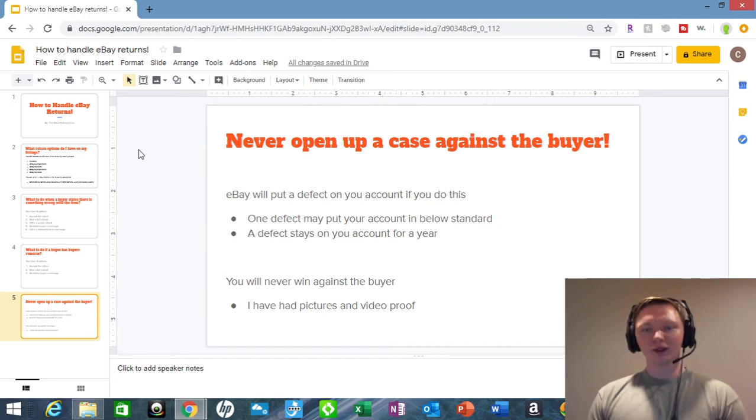So basically, on eBay, never open up a case against a buyer. Let's say a buyer wants to return an item and you say, yeah, go ahead and ship it back to me, and then you get the item. Well, let's say they open up a case and they say the item wasn't as described, and you receive it and it works perfectly fine, it was as advertised. If you open up a case against them,